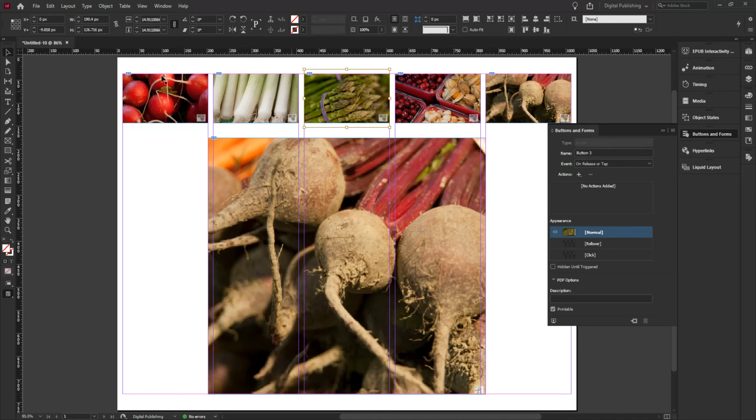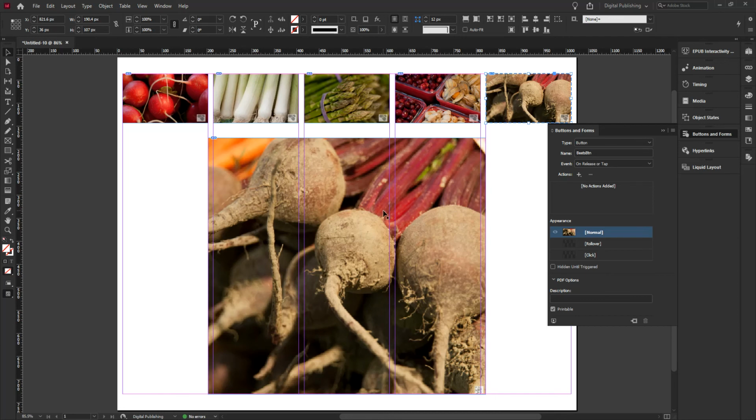This will be the asparagus. That's too long a word, asparagus, so I'm going to call it ASP button. And this will be the tomatillo one, so it'll be tom button. And this one will be my beets, so that's easy. Beets button. Okay. So I have renamed all of my buttons. Now what I want to do at this point is I want each one of them to call a